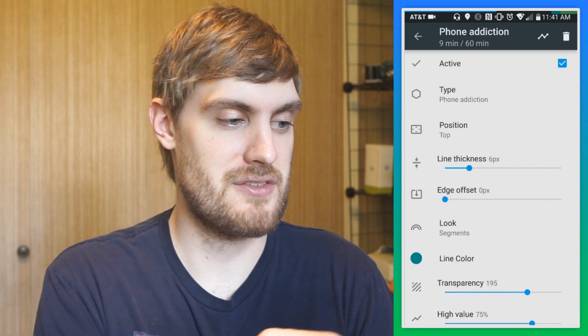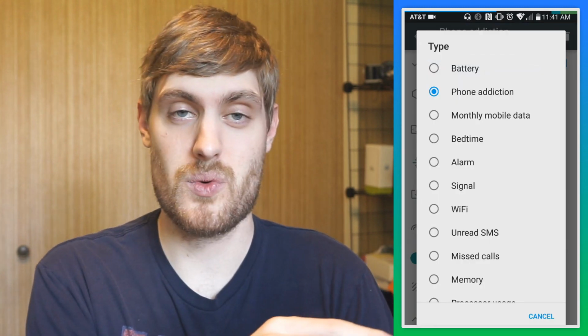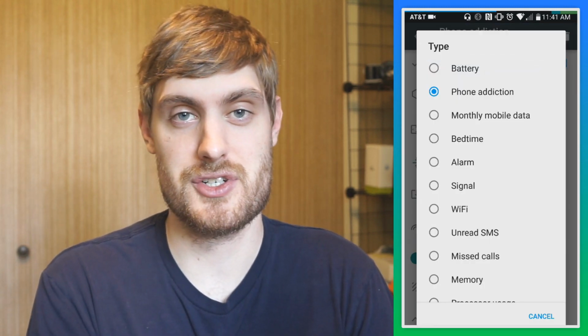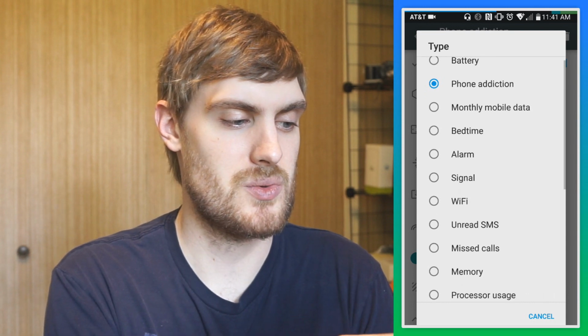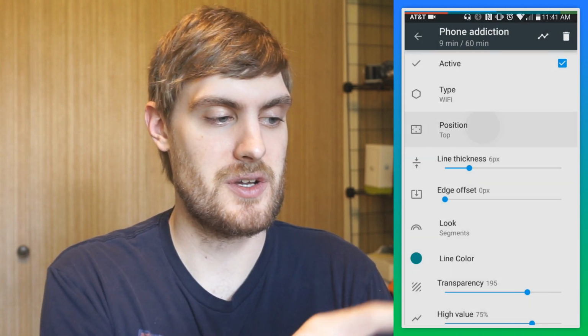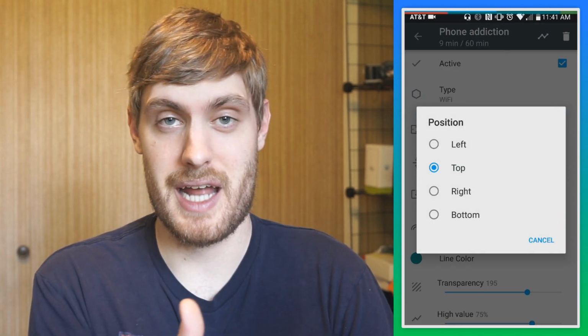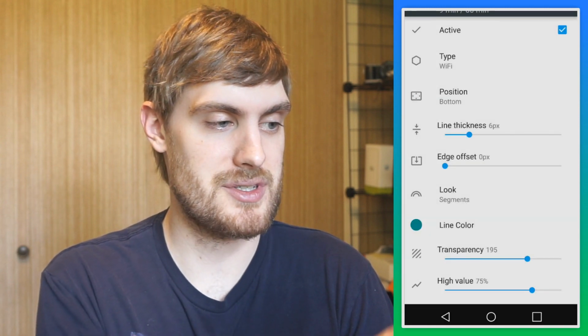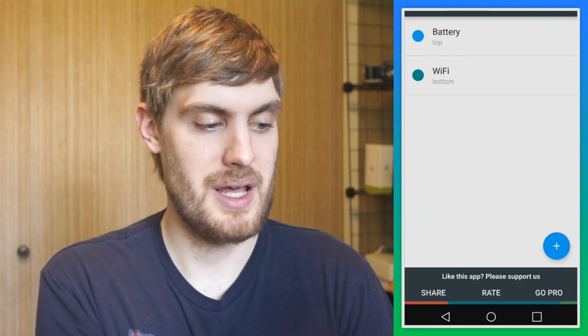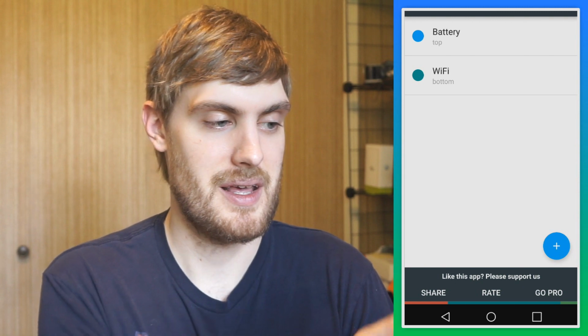I can change the phone addiction. Here are all the different ones that you can choose from, and in the free version you can only use 2 of them at a time. So we're going to go to Wi-Fi, and then you can position it. I have it at the top right now, but you can also put it at the bottom of the screen. Now you can see at the bottom I have my Wi-Fi signal there,